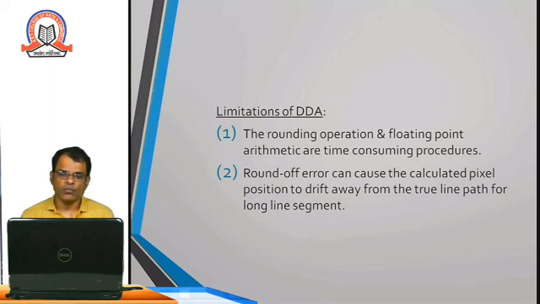And the second thing, we are doing approximation for plotting the points. So if you check, the line will not be straight, it will be a little crooked, not proper. So these are the two main drawbacks of the DDA algorithm. We are plotting the points with approximation, so the lines are not perfectly straight or smooth.